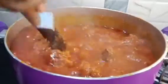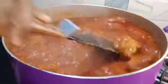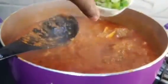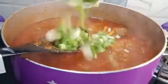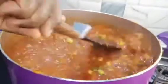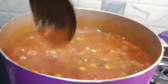After giving it a gentle stir, I will add a little bit of spring onion inside the stew. You can add any vegetable of your choice. You can as well not add any vegetable, but I like adding this spring onion inside the stew. It makes the stew look so amazing, and it tastes so nice, my people. So I will add this and still give it a very good stir so that everything gets